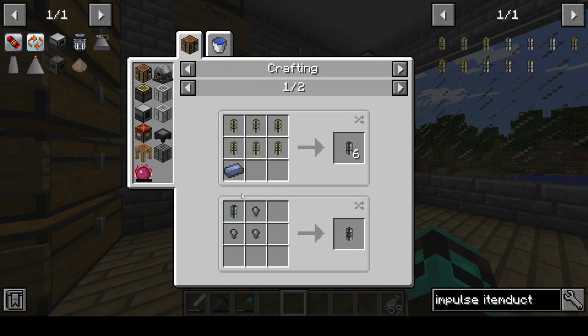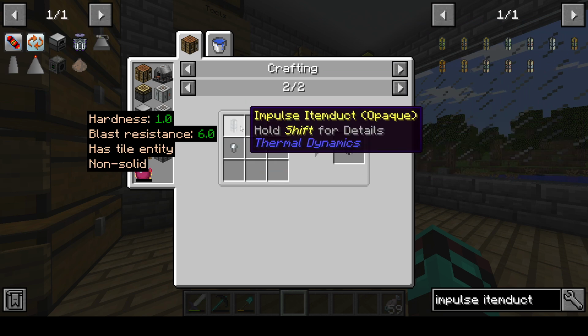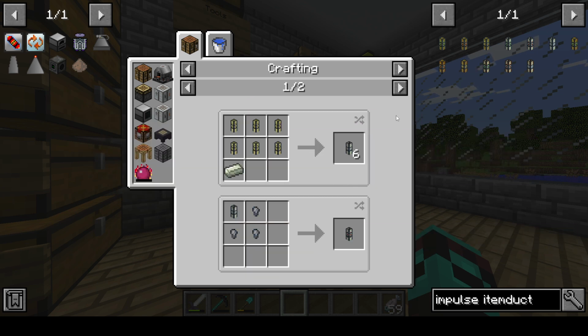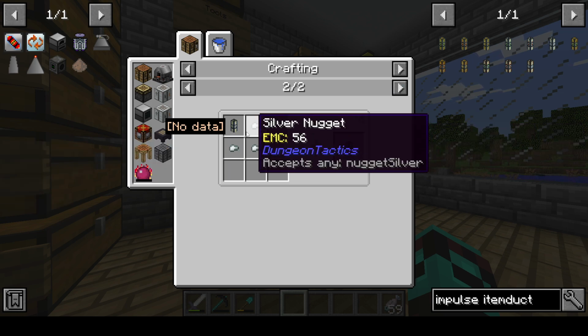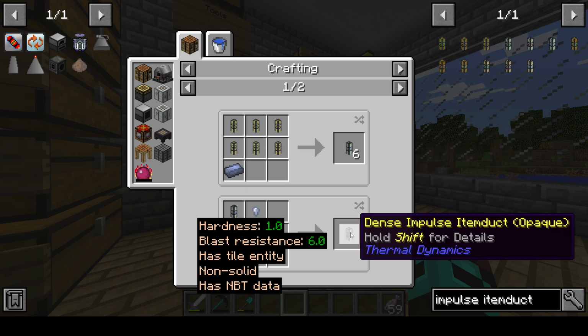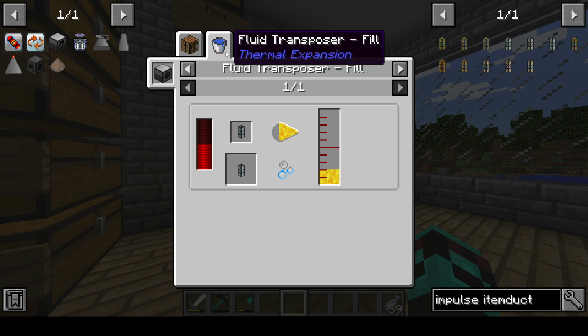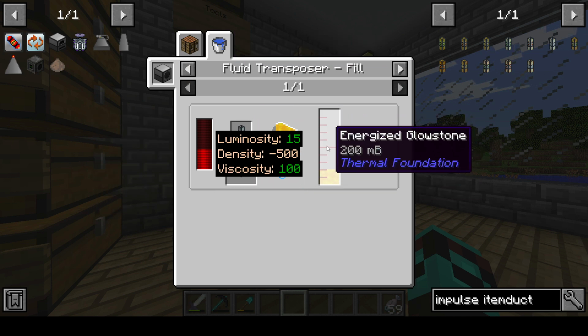So to make those, this recipe makes no sense because it looks weird when you look at it. It's like, how do I make this? I need the impulse to make the vacuum impulse. How to make the impulse? You look at the impulse, and it's like, oh, same sort of thing. It's really weird. And it's an endless loop. Yeah. But how to actually make it, fluid transposer, you get normal item ducts, and you get energized glowstone, which